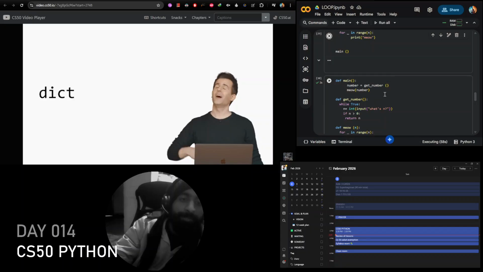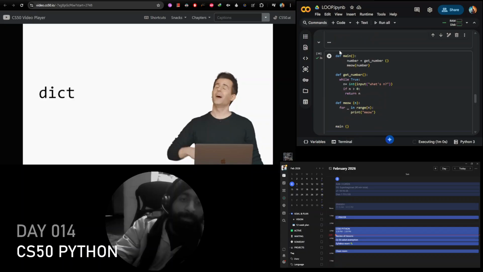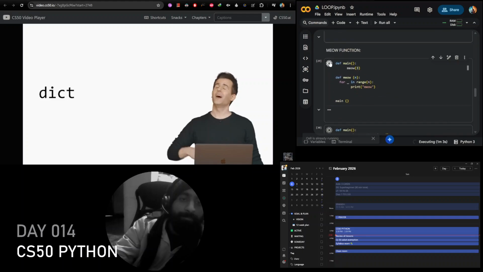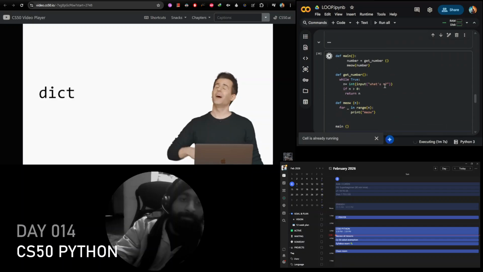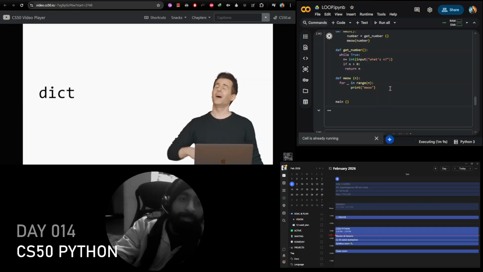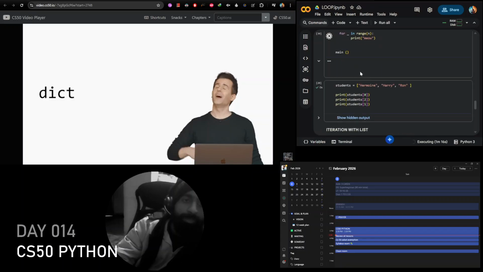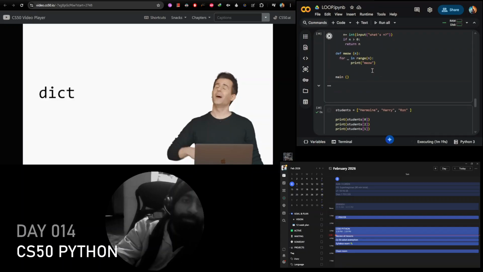We define that number, and that number we can have through the input. And in here we have to put in the number and the number of times it's going to run.